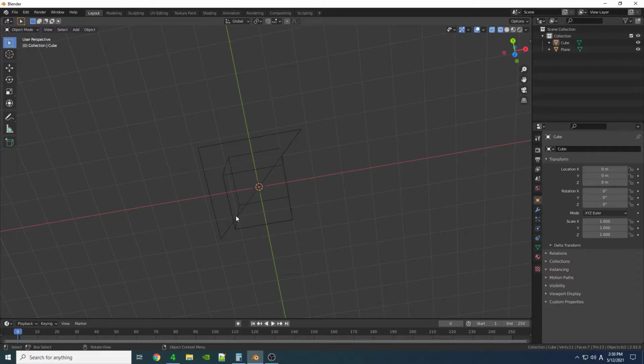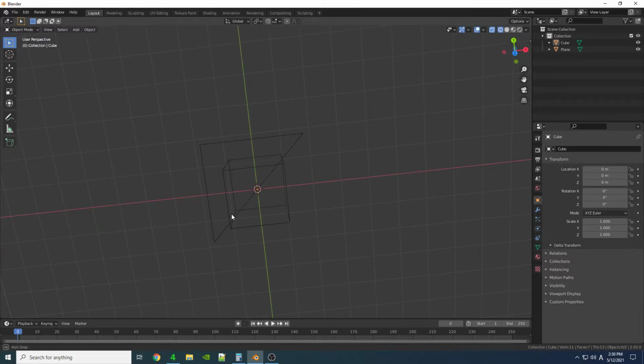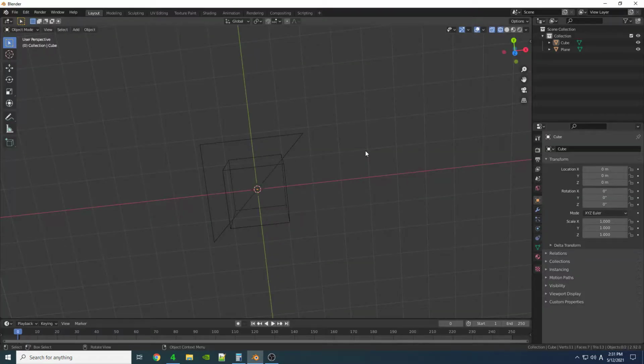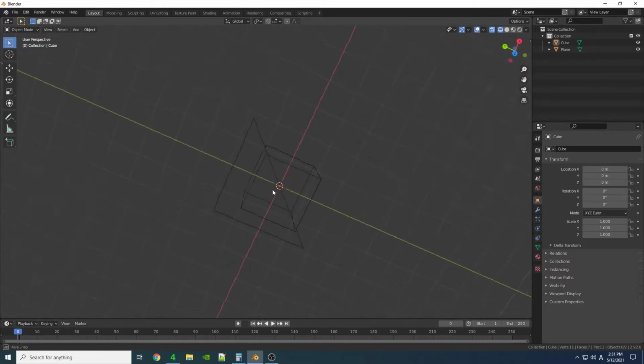You just clamp to those planes and retain your Z, because the Z was in here. So just X and Y, but retain that Z. Whereas if you're only one out, you actually need to